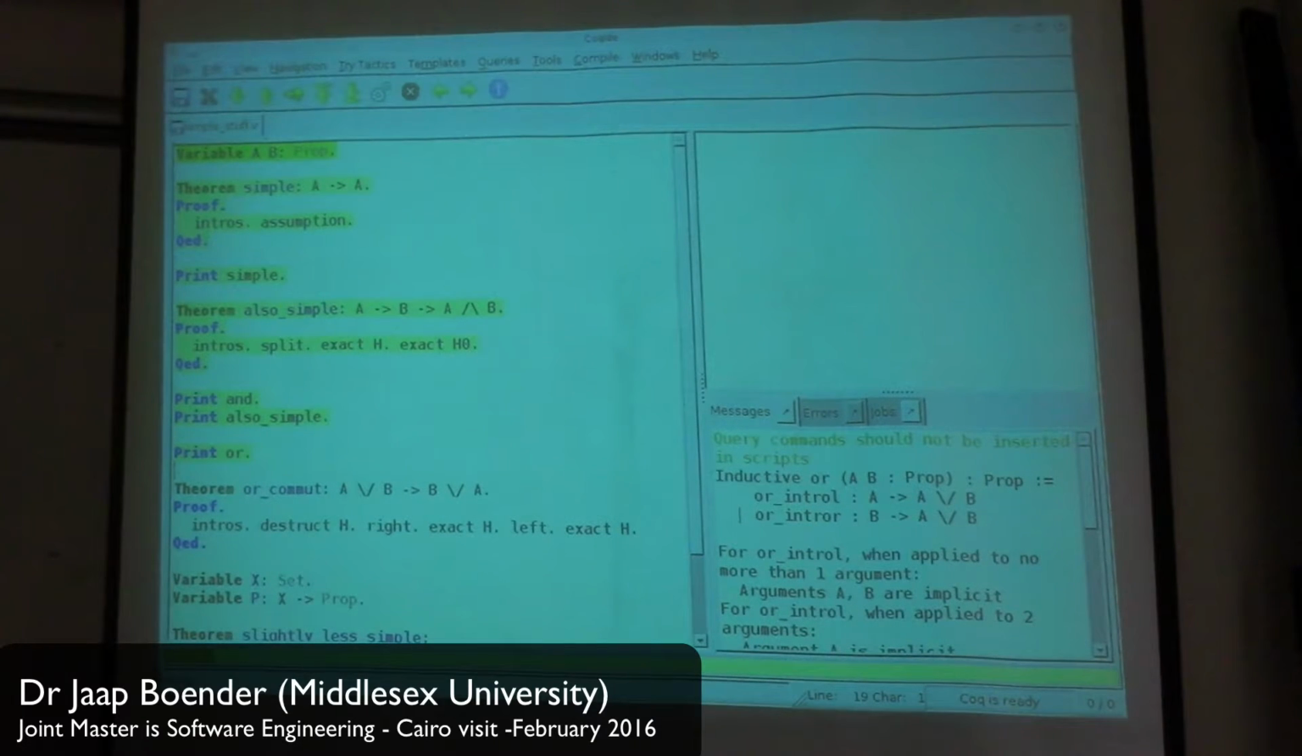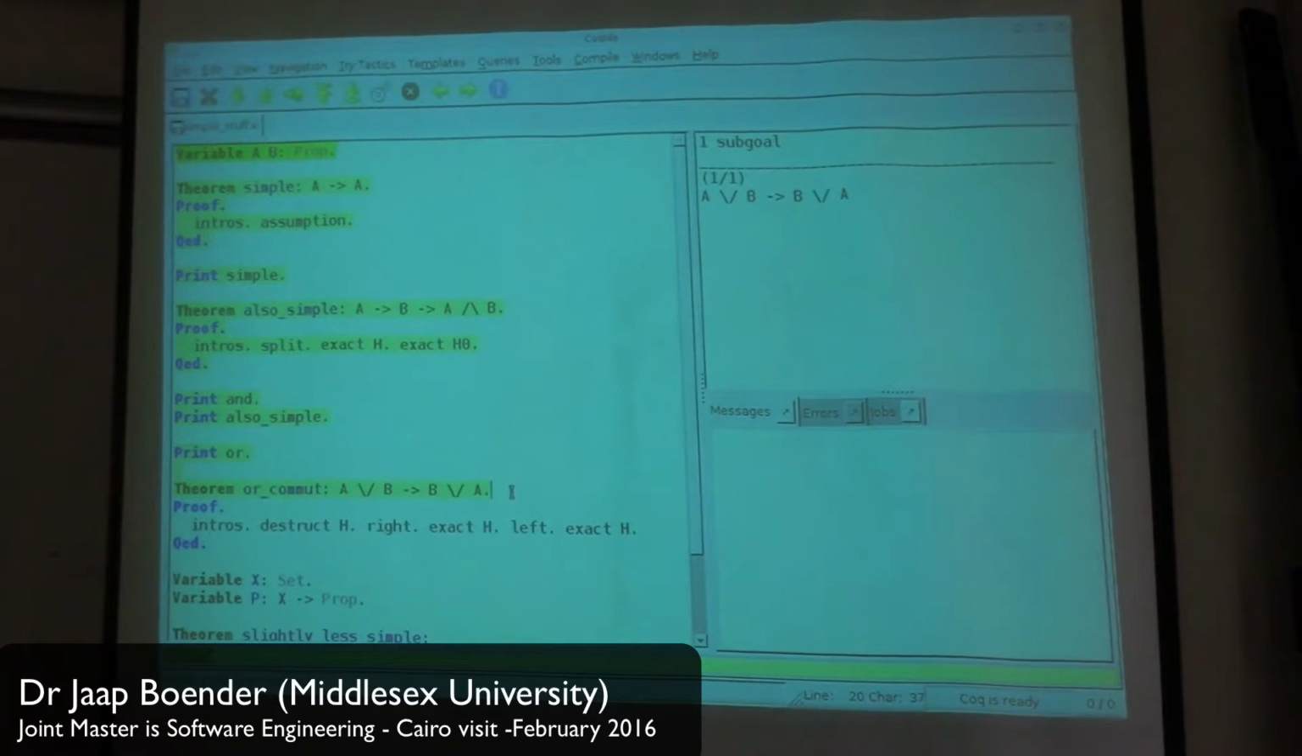So you can see that there's the OR intro, which takes A and turns that into A or B, and the OR intro 2, which takes B into A or B. So you have two constructors to do this. And you can also see that that's actually how it works. So if I try to prove A or B implies B or A,